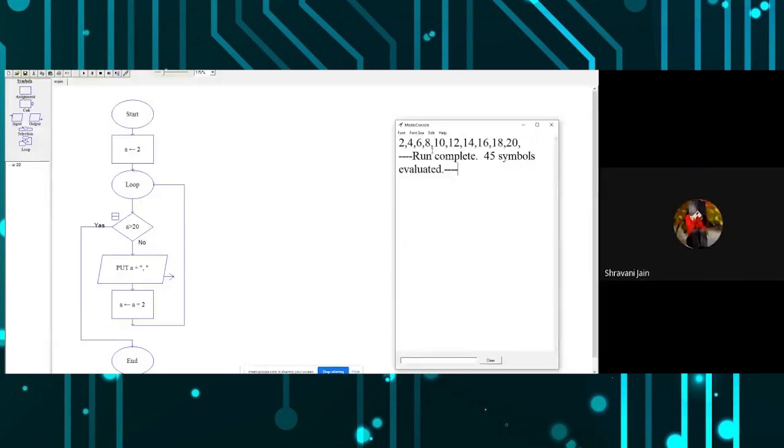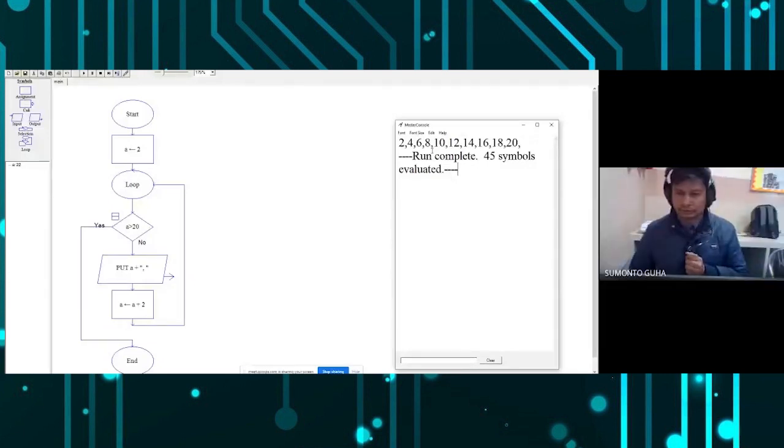Sir, how many values are there? 10 values. And now you have understood why I have taken the comma, so that we get the series horizontally, not vertically. I have also removed one thing, that is the end line. So I have removed that end line symbol so that the line will not end, and it is printing in series. If you want to print anything in the same line, then you can use it like this, what I've written here. I'm just displaying it once again.